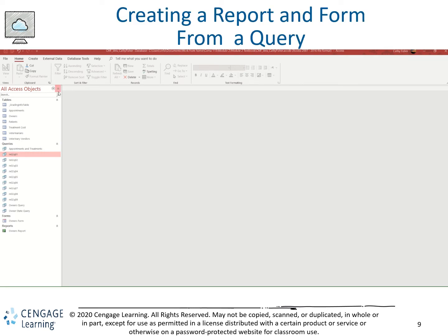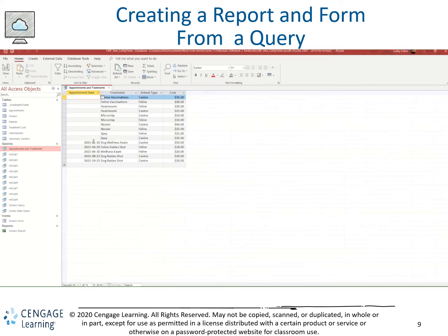Our next step is to create a report and a form from a query. So we've created this query, and this query has all of our appointments and the treatments. So we could run this query on a daily basis and create a report, basically, so you could put it at the front desk to know who's coming in, etc. Or you could use it to say what happened that day, etc. So we're going to create a report. It's something we would give to somebody else